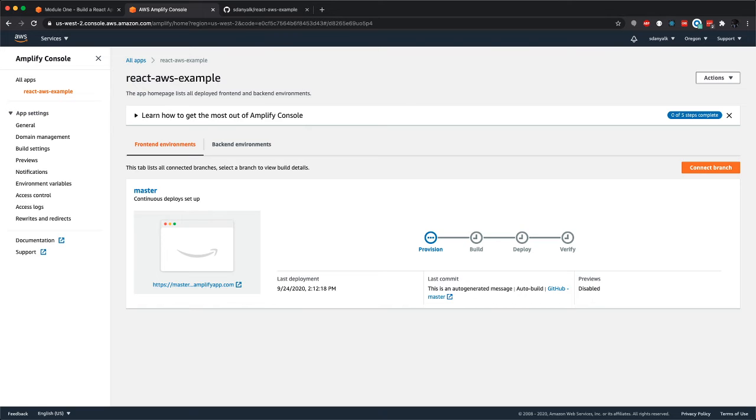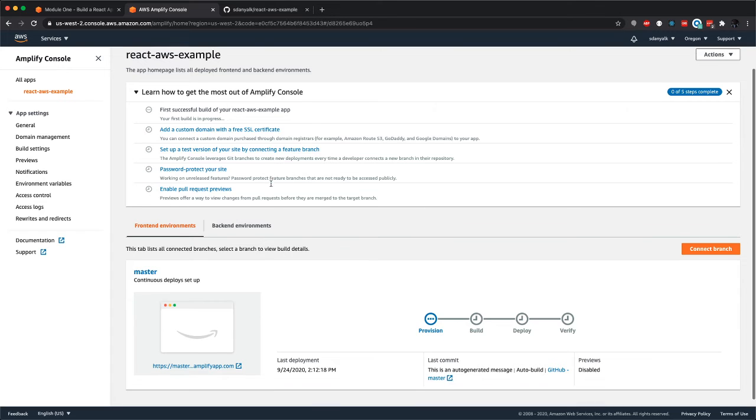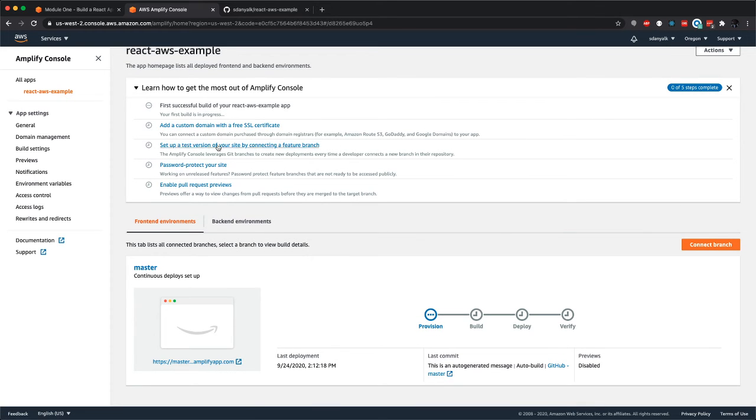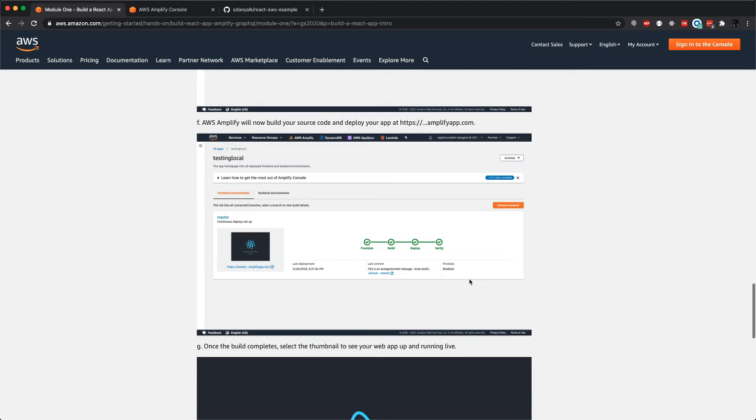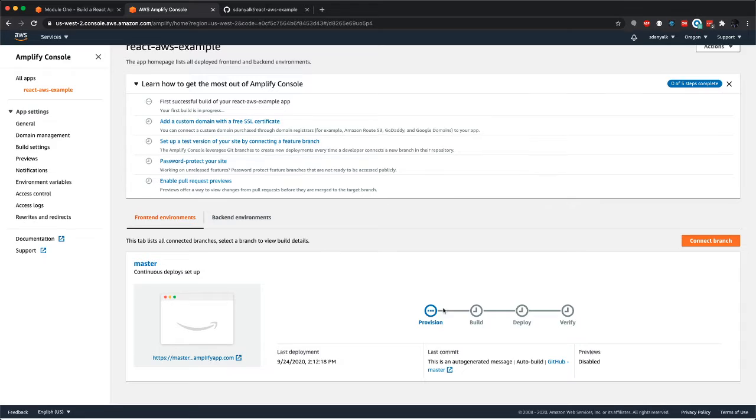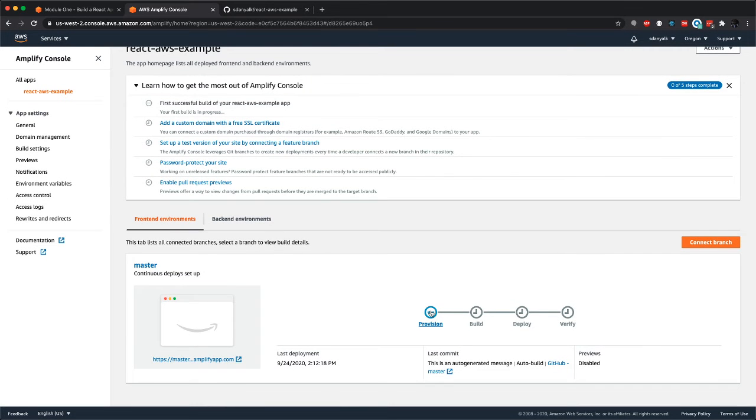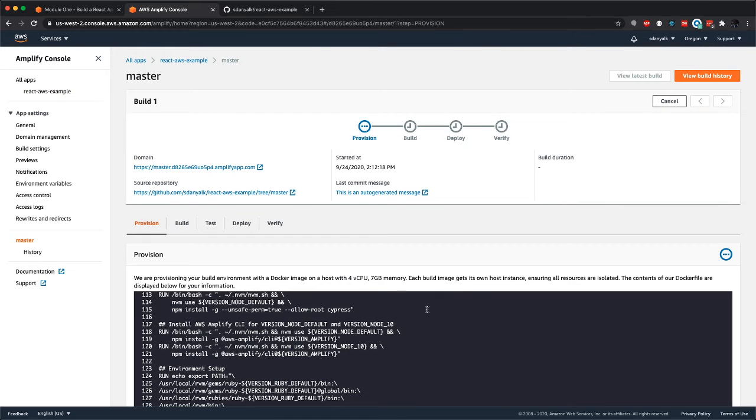Looks like it's on step number 0. So let's go ahead and open this and see what is going on. Okay, so you don't have to worry about these things. Provision, this thing, and then verify. Okay, so let's go back over here. Once we are done, Amplify will say now build your source code and deploy it, and it's going to give you a URL. Okay, so it looks like it is on the provision step, so we'll give it some time and make sure that this is successfully